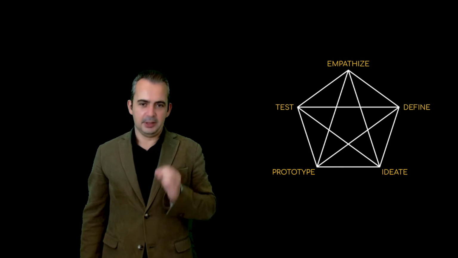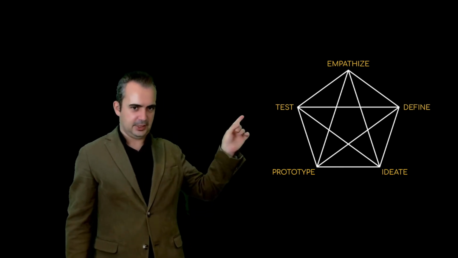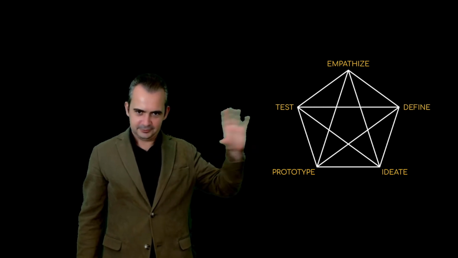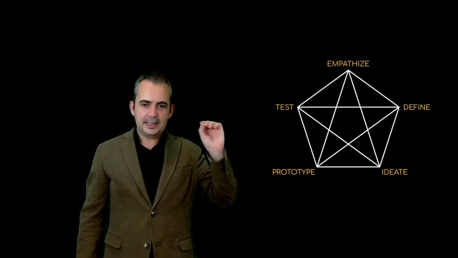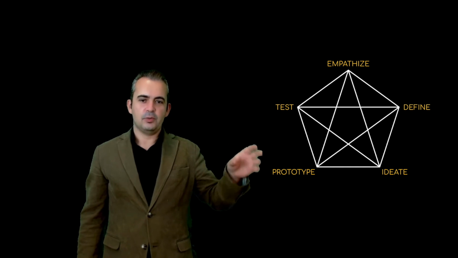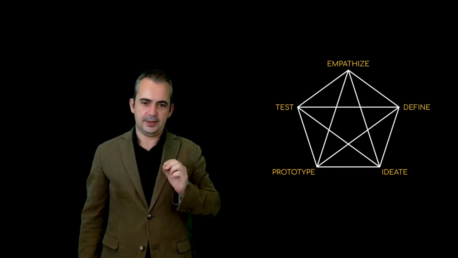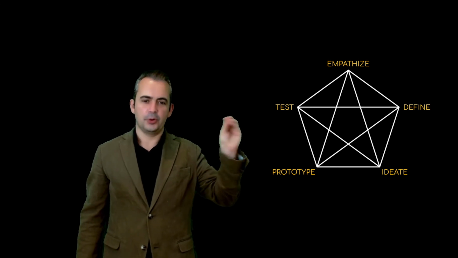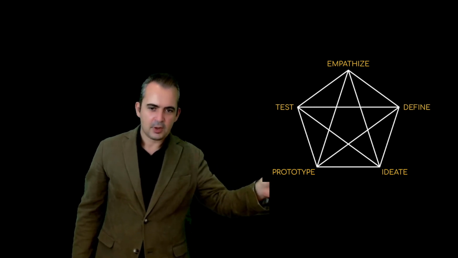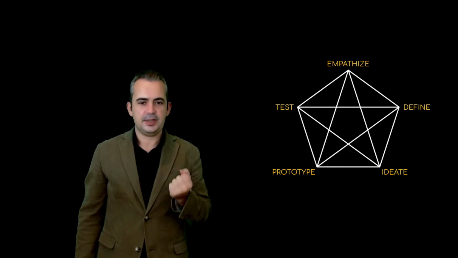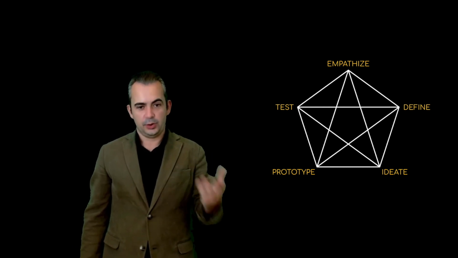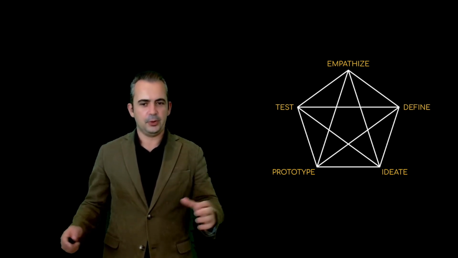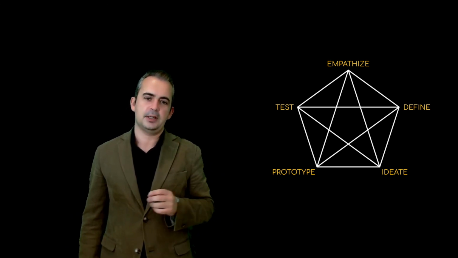So here's what I believe design thinking looks like. It's a pentagram inside a pentagon, 5 corners, with each of the corners of the pentagon representing the 5 stages of the design thinking process: empathize, define, ideate, prototype, and test. Now, of course, we will dissect and discuss each of these stages in detail during the course, but for now I want to focus on the larger picture first, on the bird's eye perspective of design thinking.